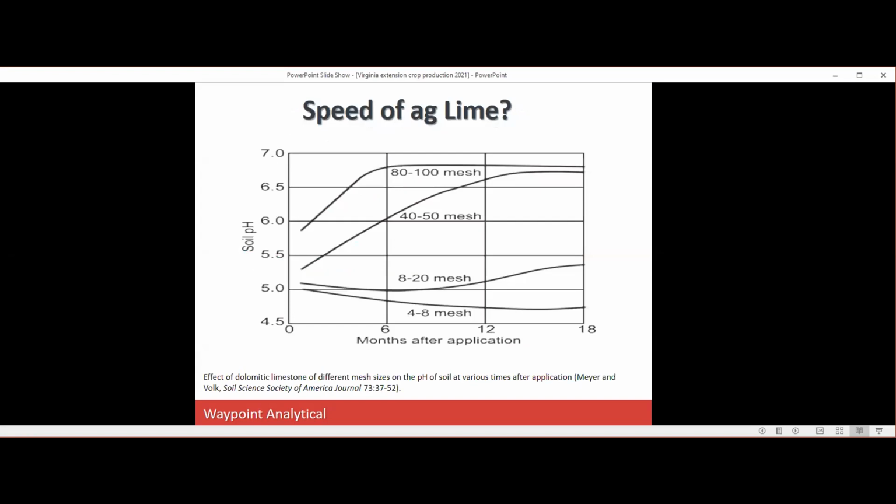It's also important, because people call about, well, I put lime out 6 months ago, I don't see any difference. It takes roughly 12 to 18 months for the lime to fully react. So if you put lime out in the fall and you take a sample 3 months later, don't expect the pH to be very high. Mostly we see about a 0.2 to 0.3 change after 6 months. So just remember that it takes over 12 to 18 months for a ton of lime to fully react and get to the maximum potential of that lime application.